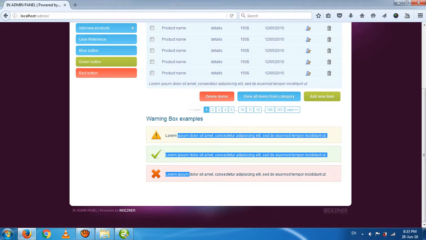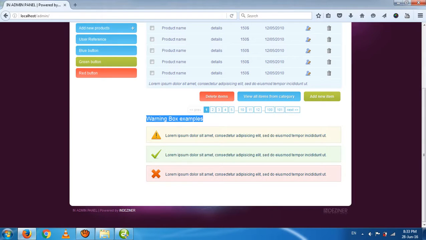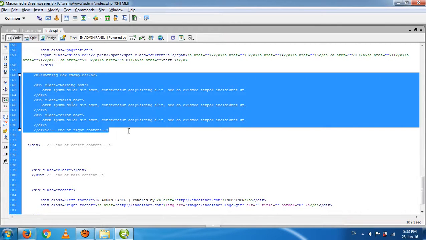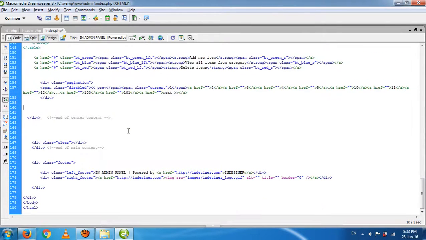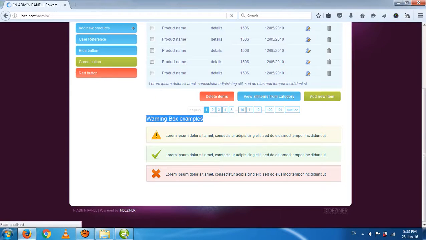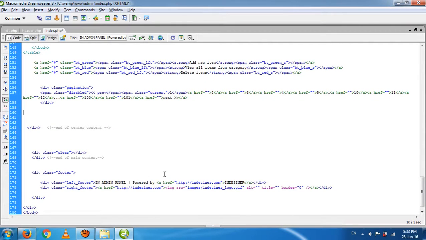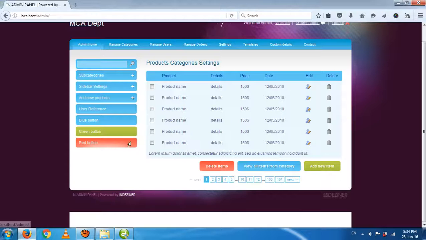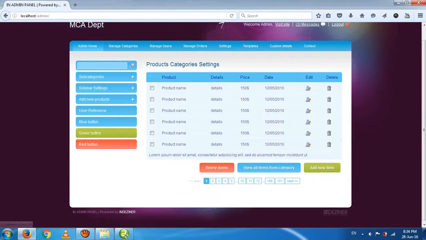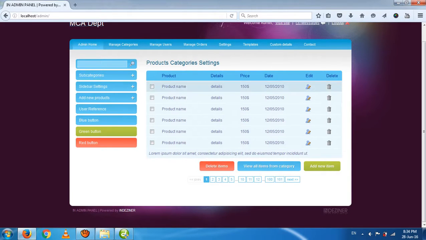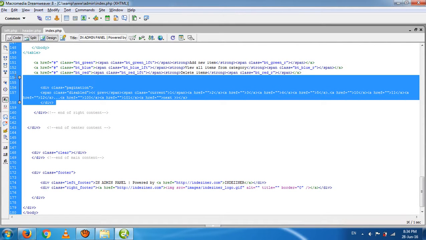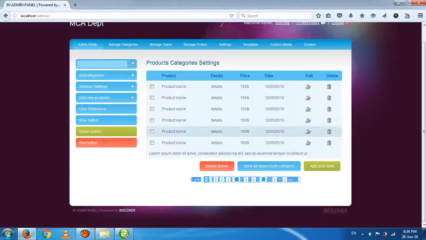These 3 examples again are not required, the warning box example, so find it and remove such code which is not required in the project. So I removed it. Check the effect, if something is going wrong, no problem, check the code which is exactly to be removed. Okay, so this is your admin panel, and that is the pagination. Yes, it is helpful, but right now it is not required. So select the area or code of it.